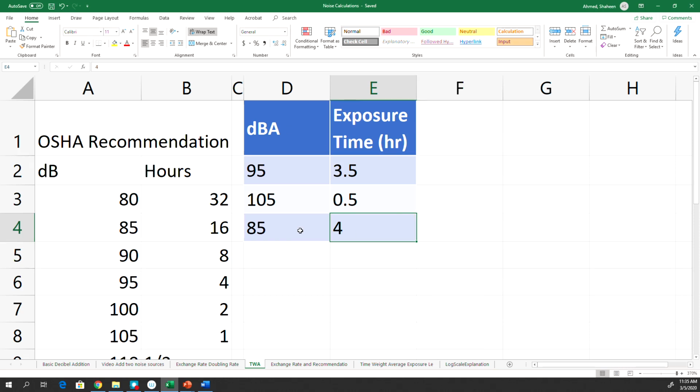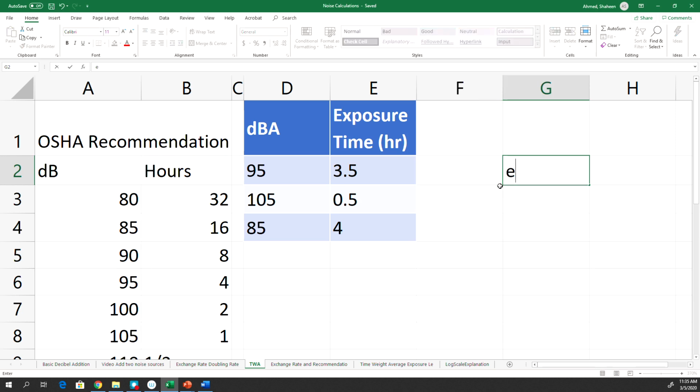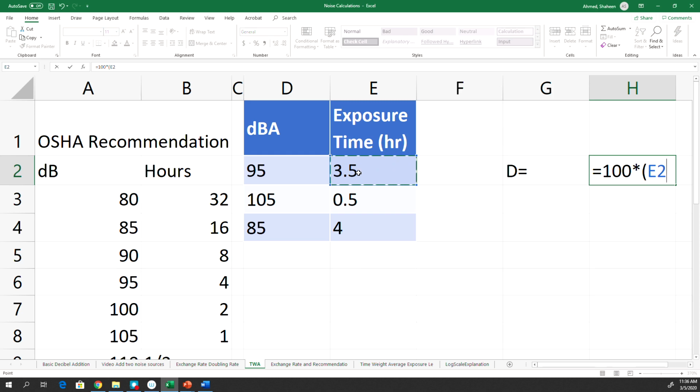So I have already copied all the data. So let's find out the D first. So let's calculate the D that we need to calculate the time weighted exposure limit. So the formula for D is basically equal to 100 times parentheses, then the time exposed, which is 3.5 hours for that 95 level of decibel exposure, divided by the permitted level at that level of noise, which